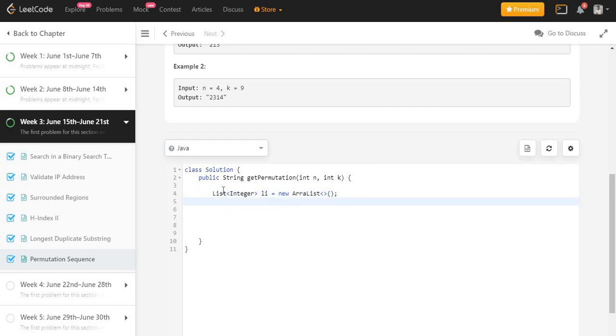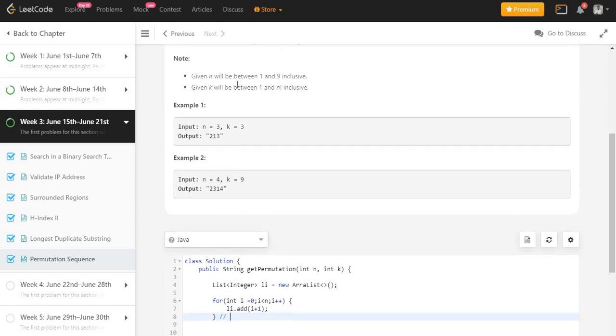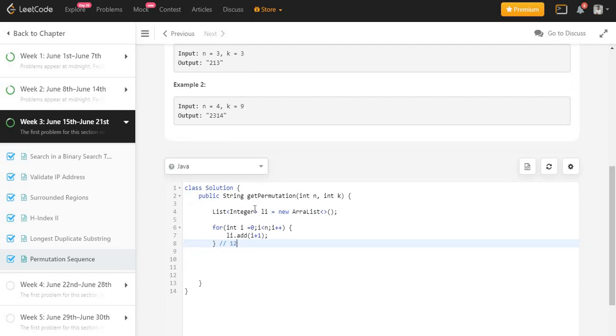Then I will iterate from 0 till n and add those numbers to the list: for i equals 0, i less than n, i plus plus, list dot add i plus 1. For the first example, 3 and 3, this list will contain 1, 2 and 3.